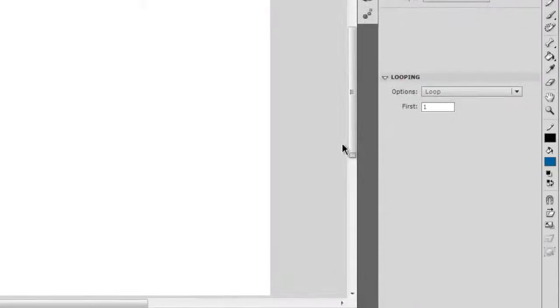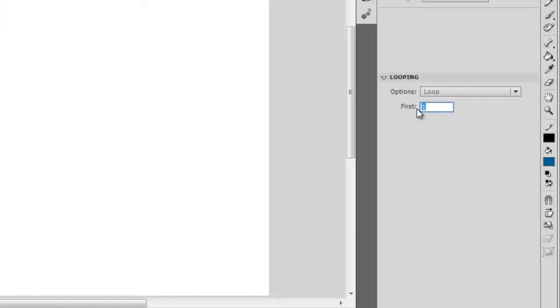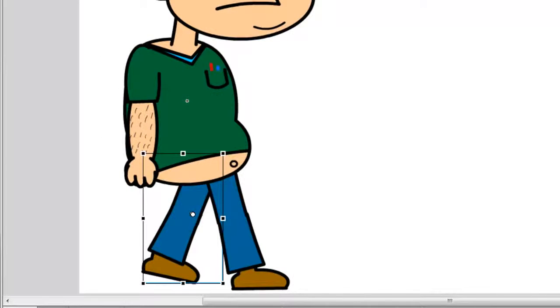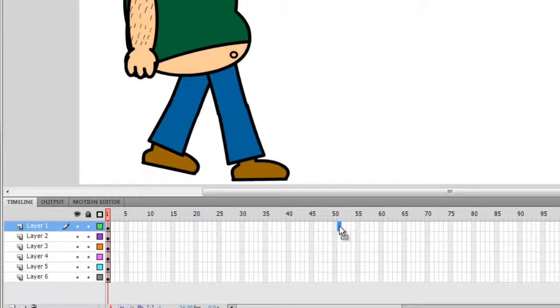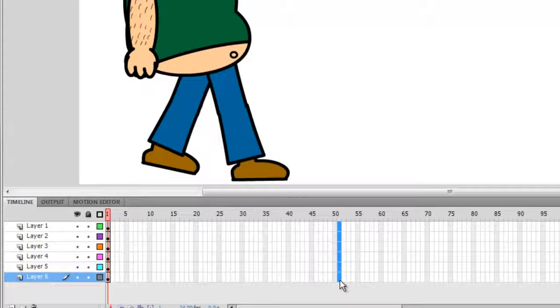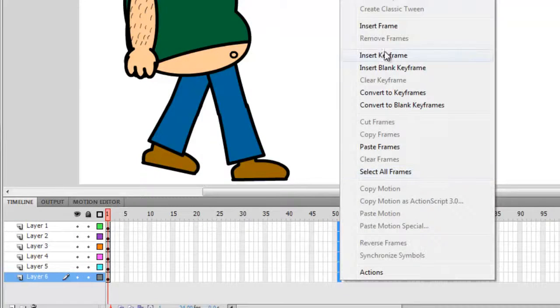So what I can do here now is put the looping for the second leg to frame 25 in my properties inspector. And what happens here now is the leg moves back and we have basically the animation play out from the middle onward in that symbol. The next thing I need to do is increase this symbol to 51 frames. So I will click the top layer at frame 51, hold in Shift, click the bottom,